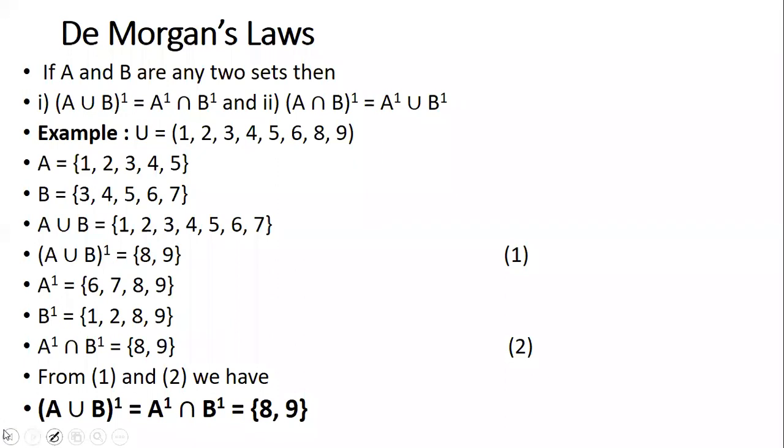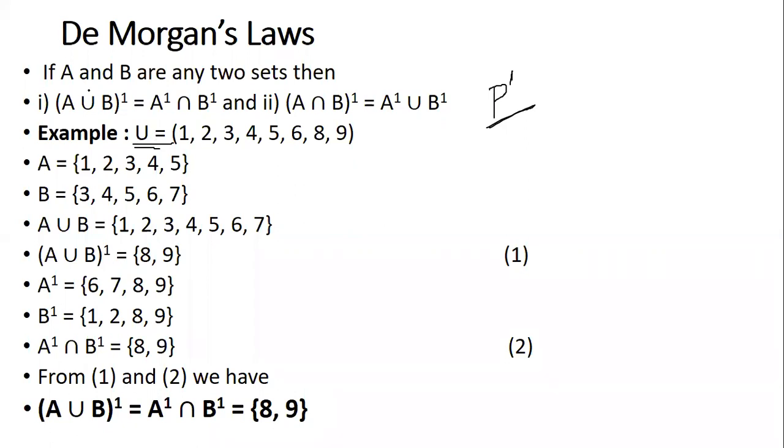Now, this P complement and Q complement: whenever we have a universal set, whenever there is a complement concept, complement is also written as P to the power 1. So then also it is called complement. One thing you have to understand is, whenever we have a complement concept, a universal set will be given to us along with the other sets.